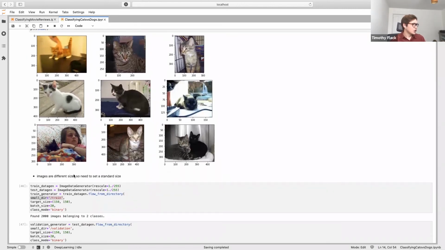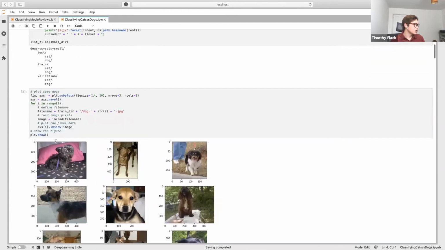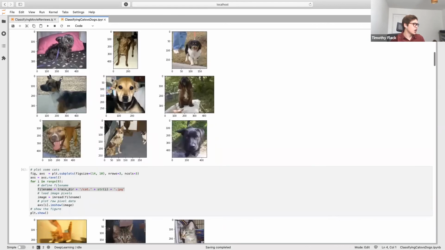So as the images are different size, we want to set them to a standard size. So what I'm doing here is I'm taking an instance of the image data generator class. I'm making an instance for my training and my testing, and I'm rescaling all the pixel values from 255 down to between 0 and 1. Then I'm making a generator. So my training generator, I give it my directory, and it automatically recognizes this directory structure, so training, I've got cat and dog,